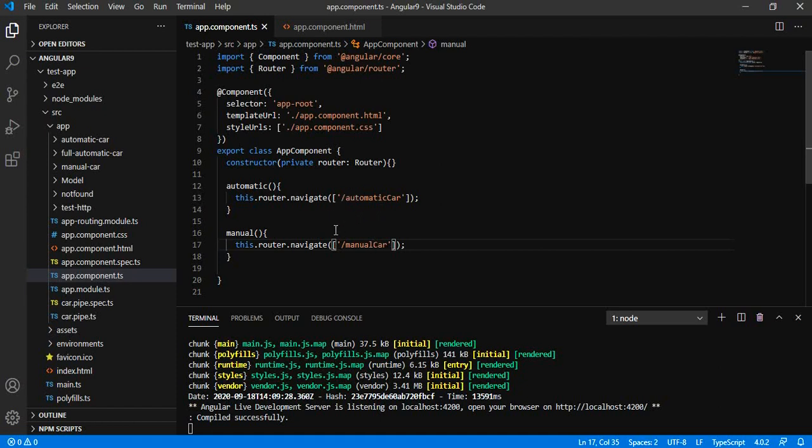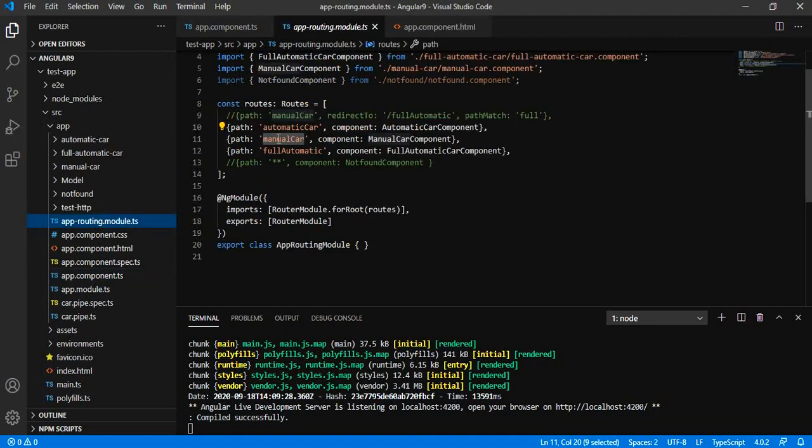Now what if a particular path is not available? What will happen? In our wildcard and redirectTo approach, we saw how we can redirect a non-matching path to some defined component. Here also we have that ability.